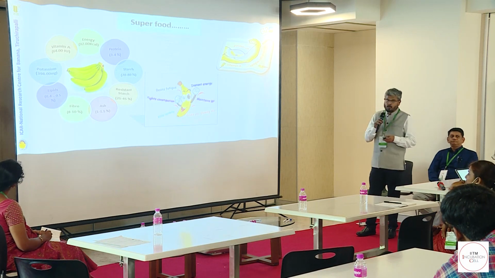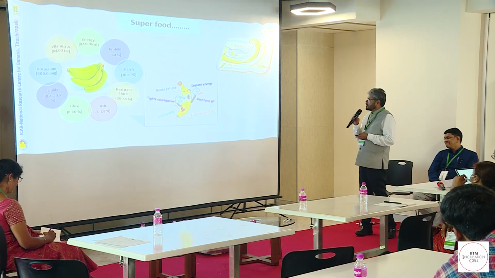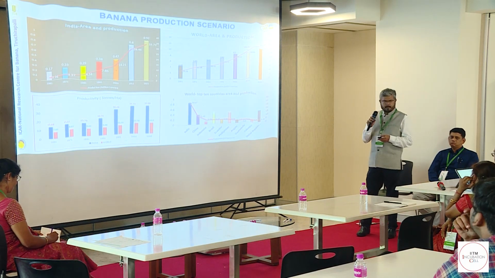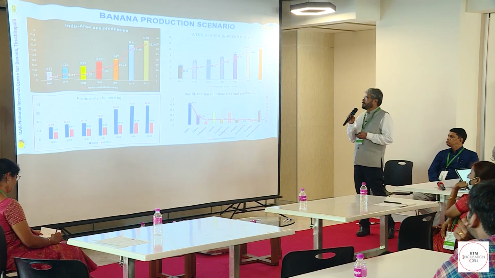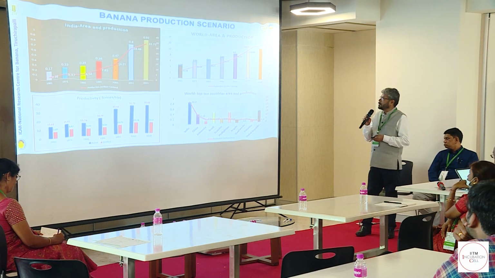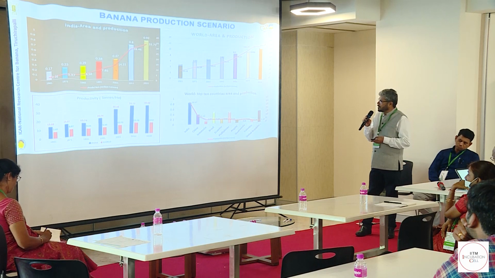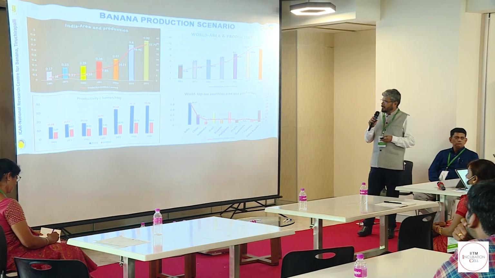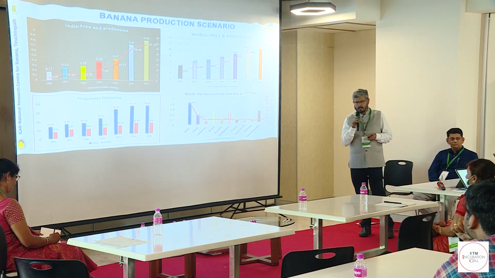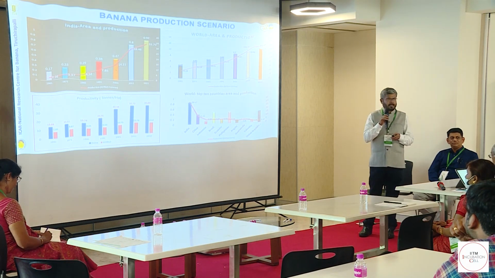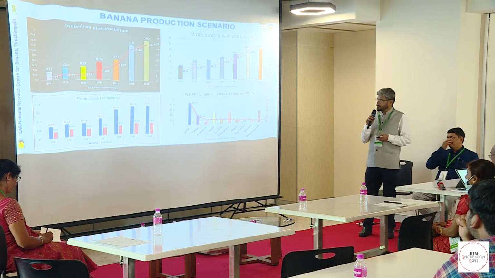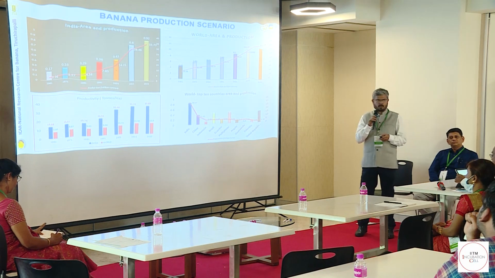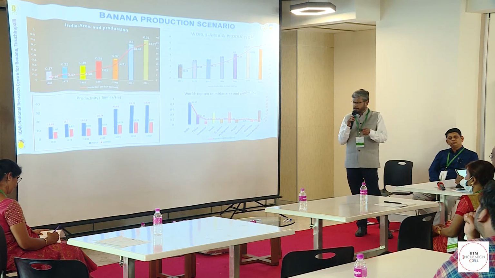And again, you have a good resistant starch. So these are all very important. It's an important food. And in India, we are number one in the world. In fact, we produce 33 million tons from a little less than 1 million hectares. And our productivity has drastically increased over the last decade because of the introduction of tissue culture bananas, especially Grand Nain banana, a high yielding banana. Almost 20% of the world's production is from India.